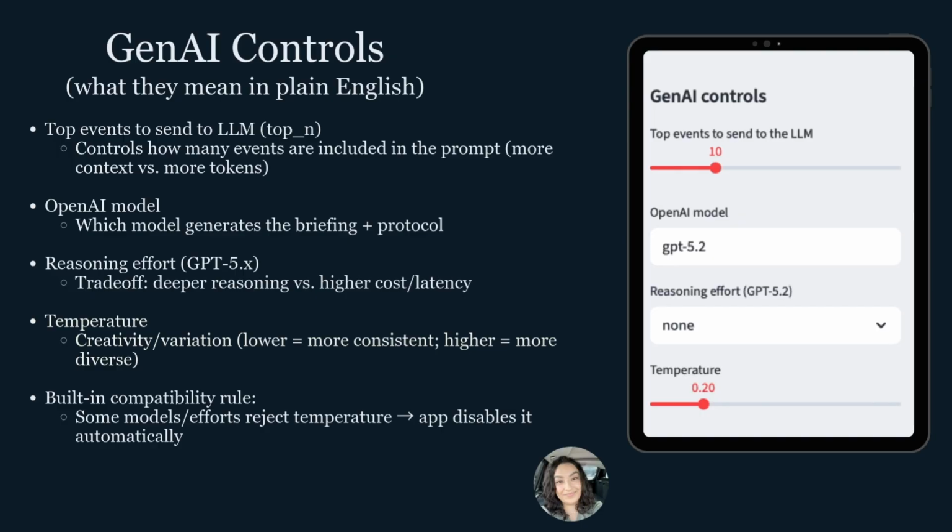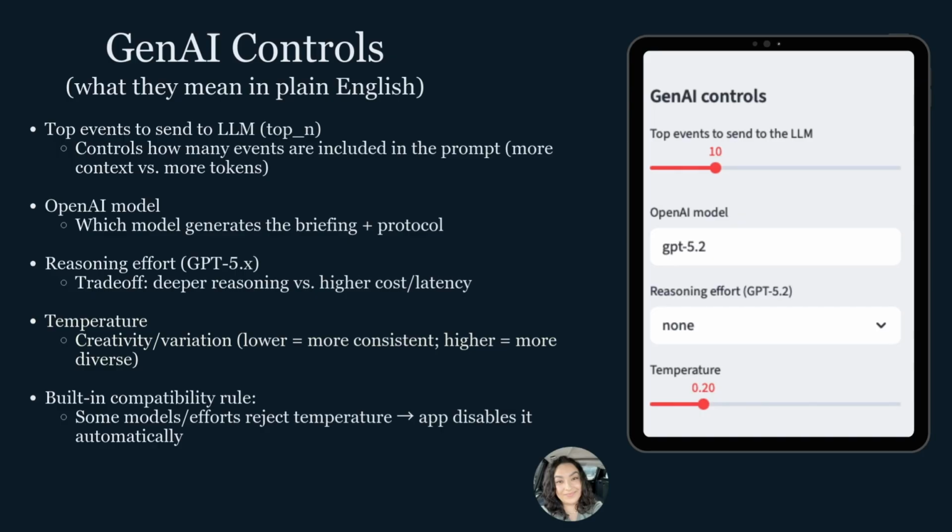One important detail we built in is a compatibility check. Some model and reasoning configurations don't allow temperature. So instead of letting the app crash, we detect that case and automatically disable temperature in the user interface. That way, whatever settings the user chooses, the app stays stable and the user can clearly see which parameters are being applied. And we did this because I ran into that exact same situation where I was testing a different